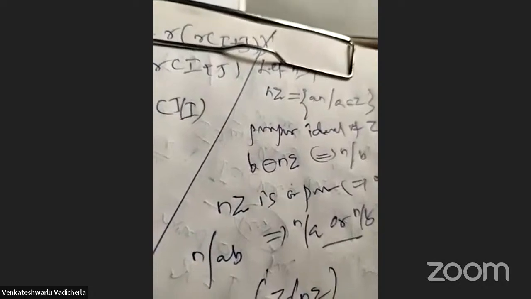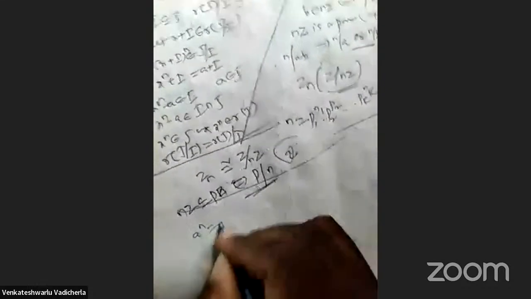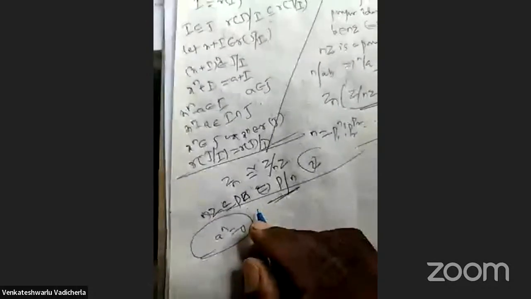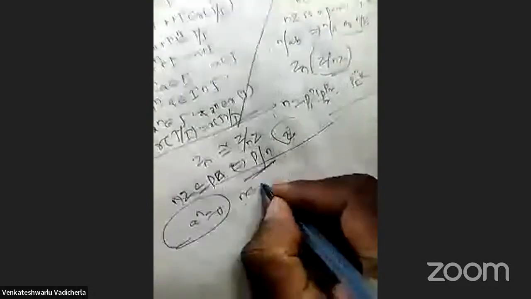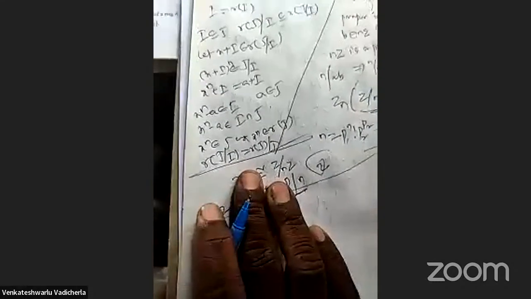Let R be a ring. An element a belonging to R is said to be nilpotent if a power of n is equal to 0 for some positive integer n belonging to Z plus. The set of all nilpotent elements of R is called the nil radical of R and is denoted by N of R. If N of R is equal to 0,